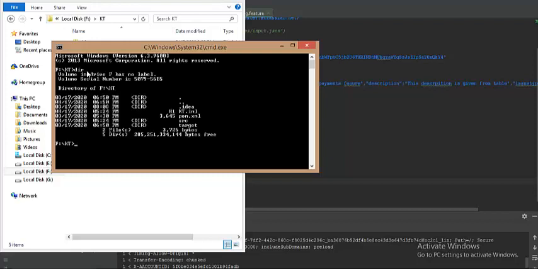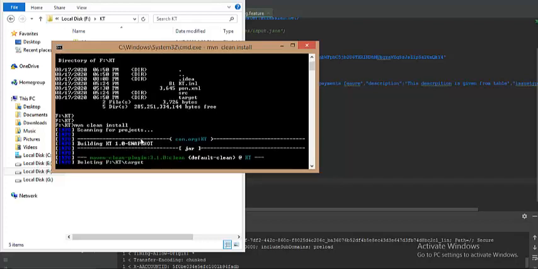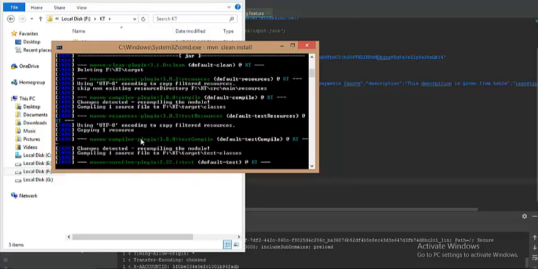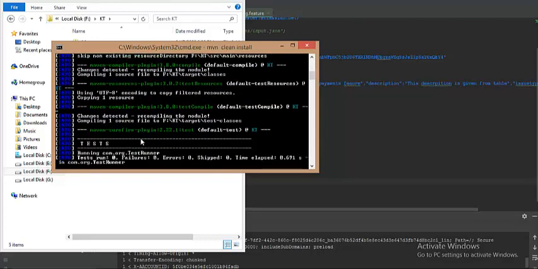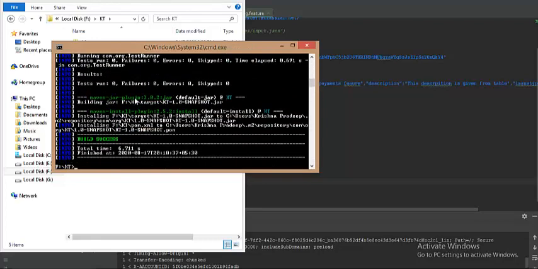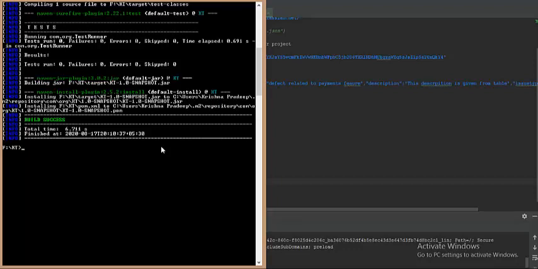If you run dir, you can find the details of what is present in your directory. Now I would run a command called maven clean install, so that my code would be cleaned first, then it would build, and then it will run my test cases. You can see the test runner class got detected and it started, and I see some problem, guys. So something happened. Let me see what happened.